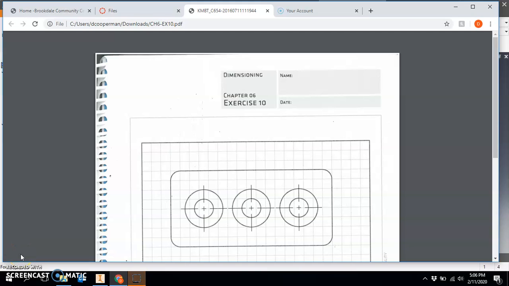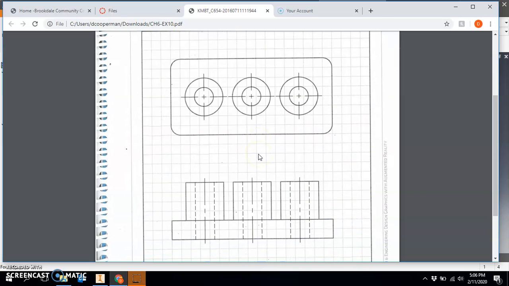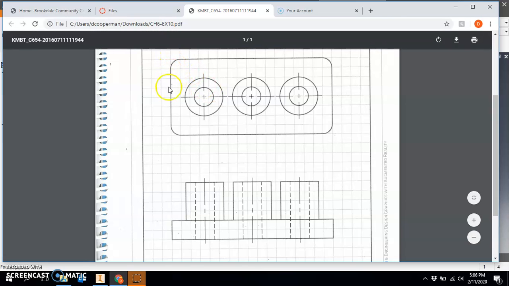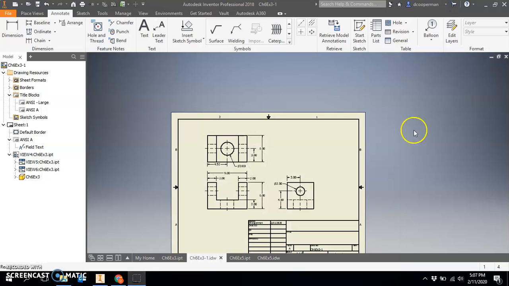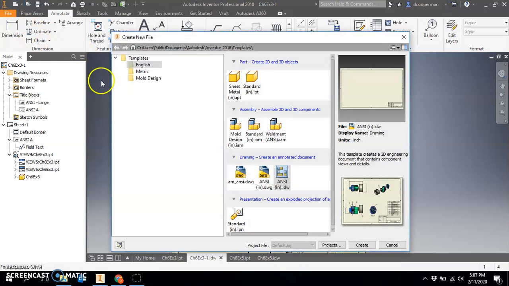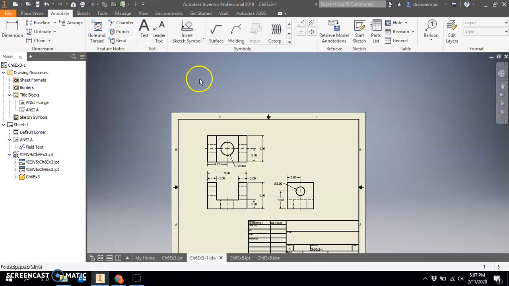Hey guys, in this video we are going to go through chapter 6, exercise 10, which looks like this. So to start, I'm going to draw this overall shape over here, and then we learned in our last video that we can create rounded corners using the fillet command. So the overall dimensions of this is 8 by 17, I got. So let's go to Inventor, and we're going to create a new English part drawn on the